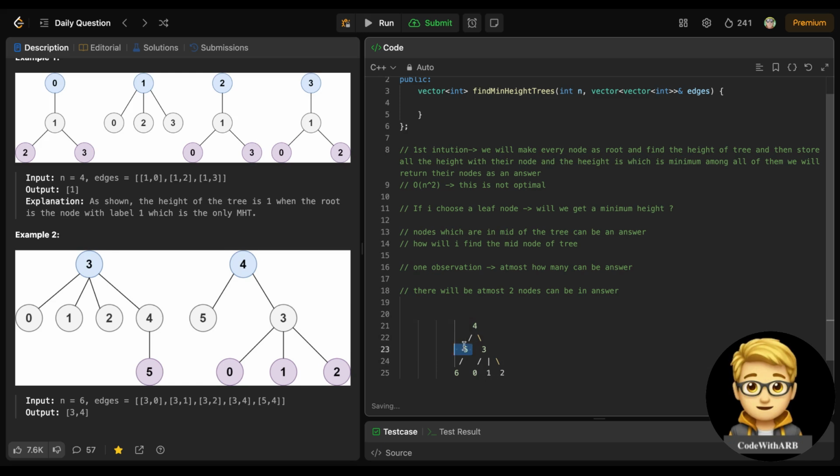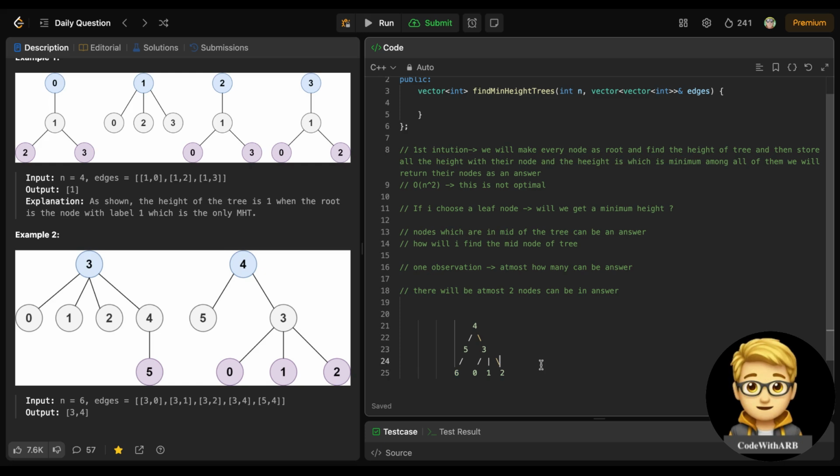So if we connect with this 5 or 3, it will be 3 answer. So the leaf node is not an answer, 5 3 is not an answer, so the answer will be only this 4, because it will be only the height of the tree 2. By taking some examples, like making 3 as a root or 6 as a root,